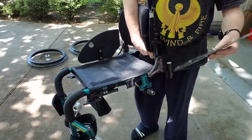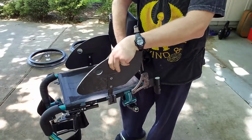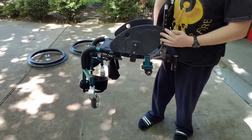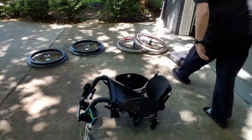And on the other side you have the same thing. Again, the indented part goes facing inward and it just slides in. And so it creates this kind of a wing type look. I don't know, sort of aerodynamic. Anyway, so